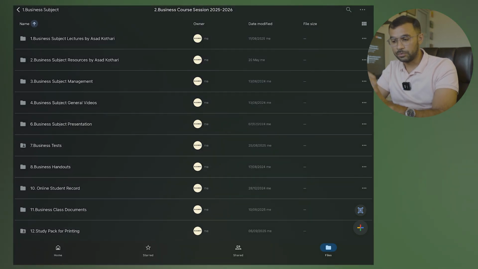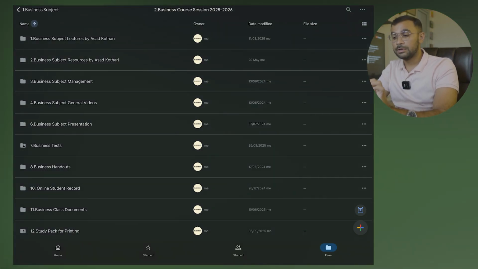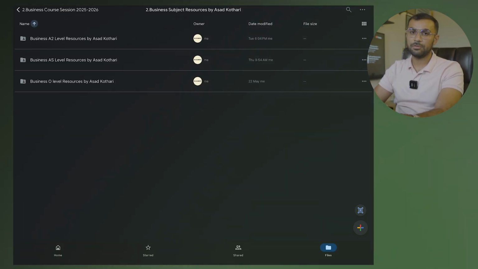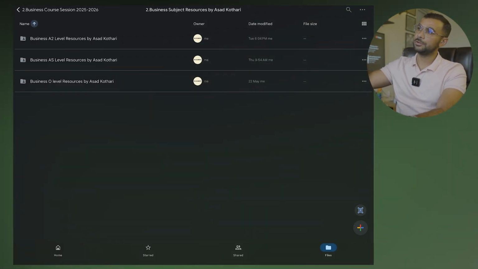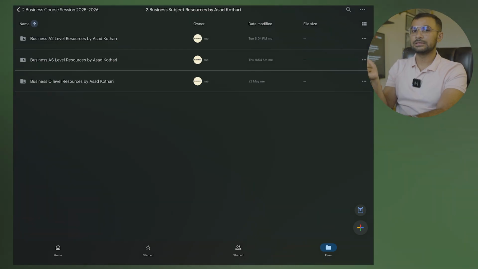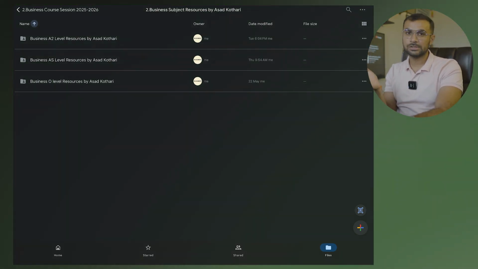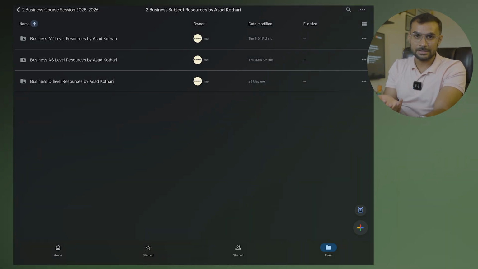Apart from the lectures folder, you will also get access to our resources. That is the second main folder. The first part you get is lectures. The second part you get is the resources, either for AS or A2, depending on your level as a student.